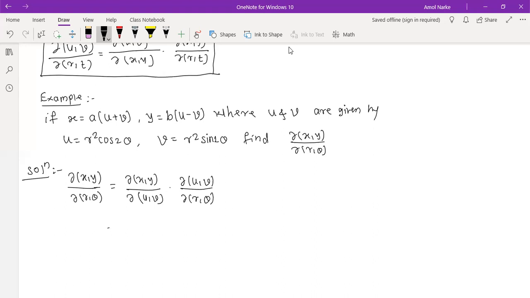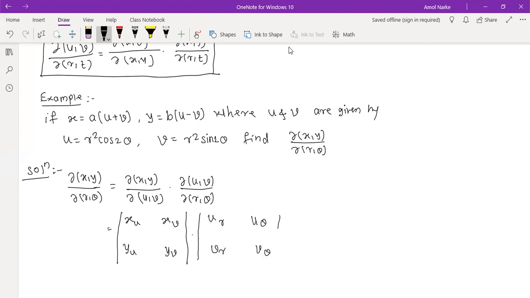Now, can someone tell me the formula for this? In this particular example I will write down the formula; from the next example onwards, I am going to put the values directly. So what is the formula here? First, x with respect to u, so I can write xu. Next, xv, x with respect to v. Then yu, yv. Next, u r, u theta, and v r, v theta.